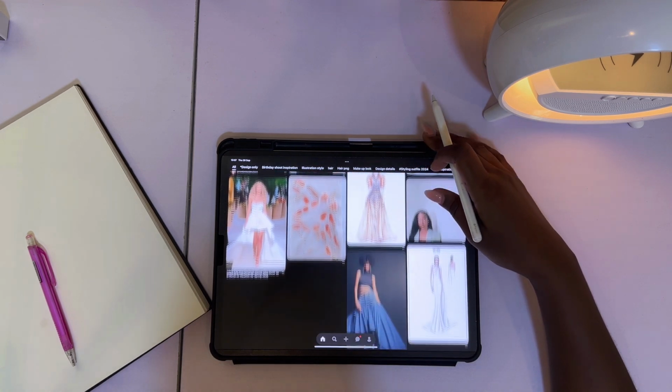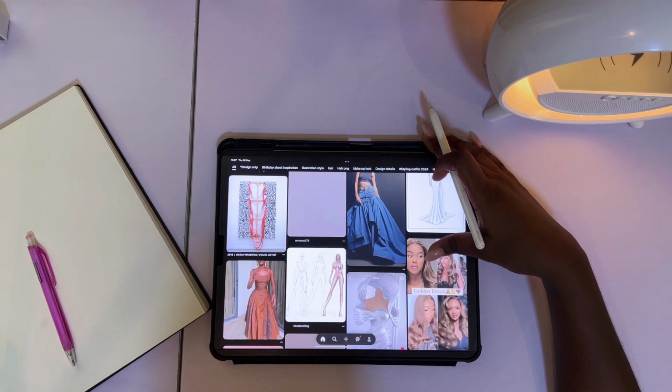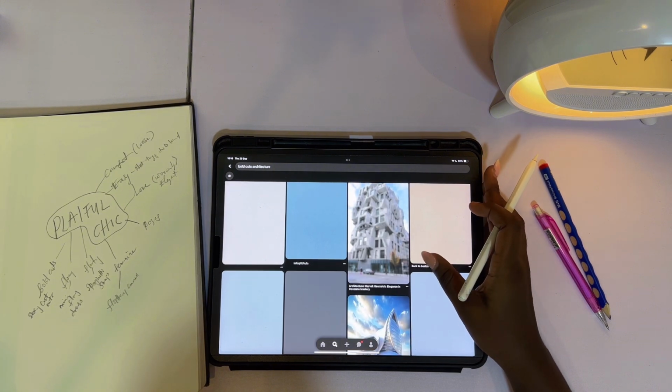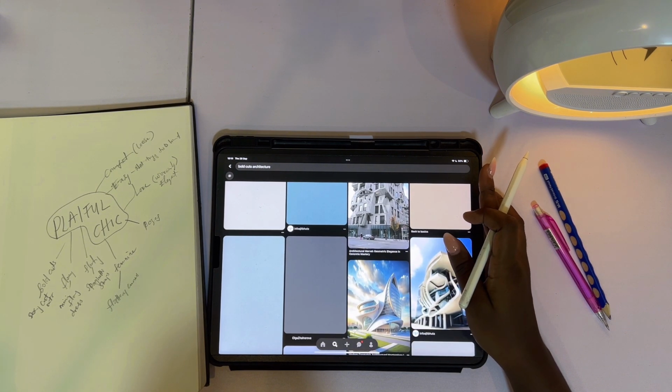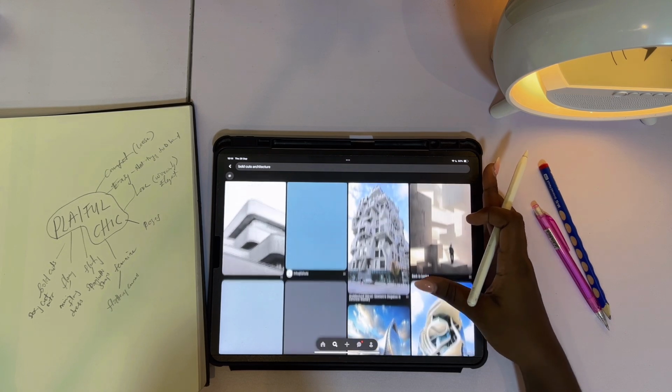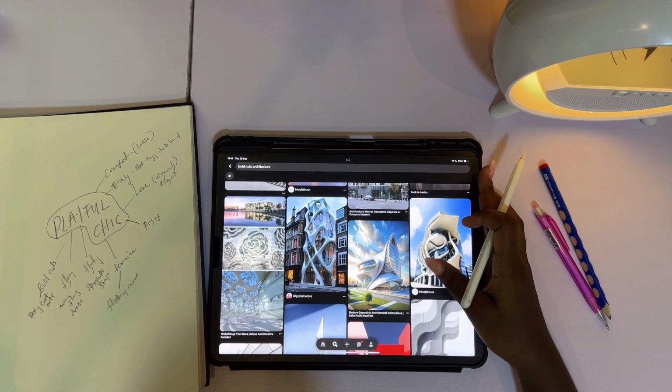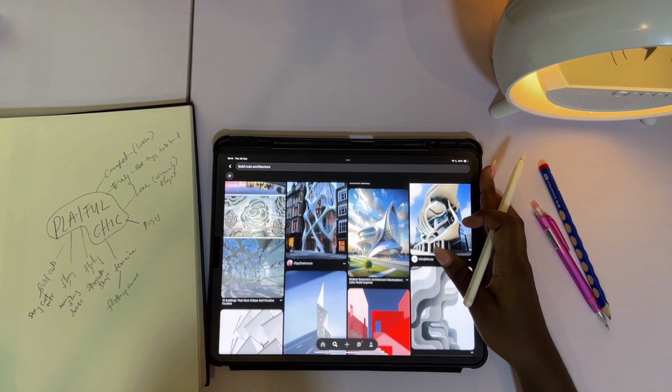Contrary to what a lot of people say, they would be like, don't be inspired by other people's dresses. But I beg to differ. I'm not saying you're going to copy it, but nothing is quite original. Even trends that are coming back now are things that have been done before. So after finding all the pictures that inspire you, you're going to put everything together as a mood board.